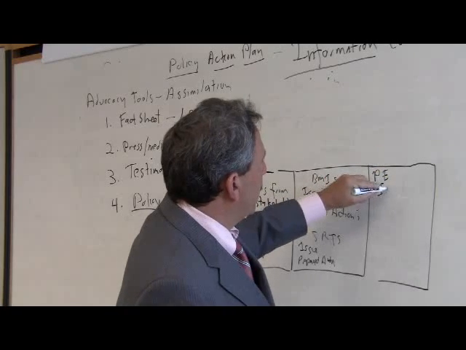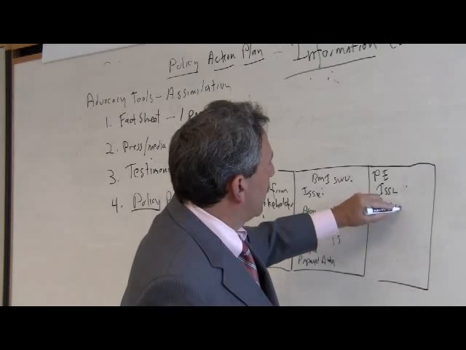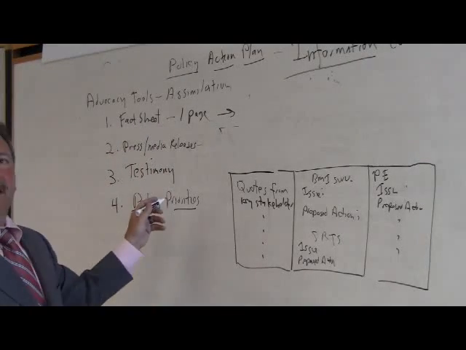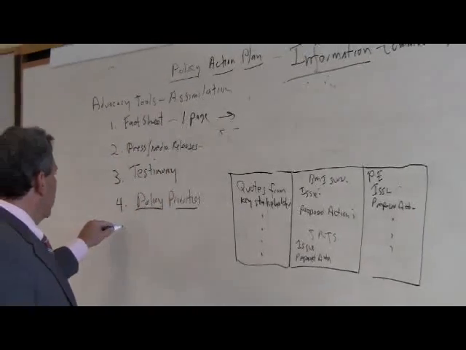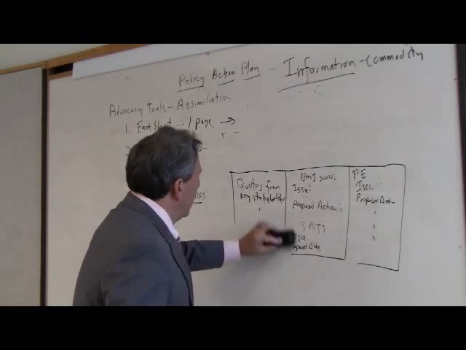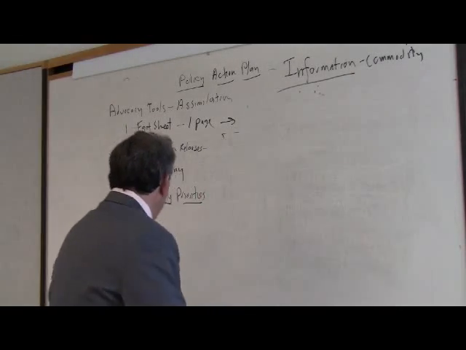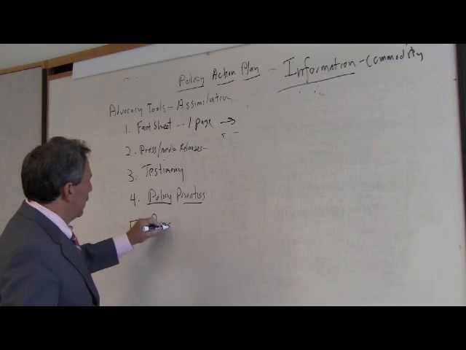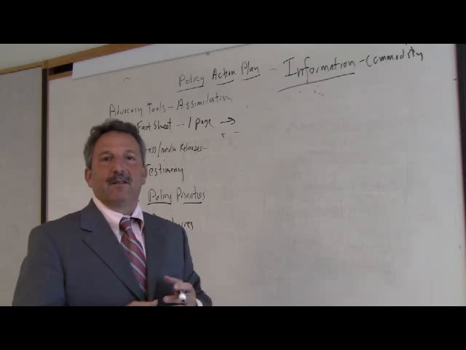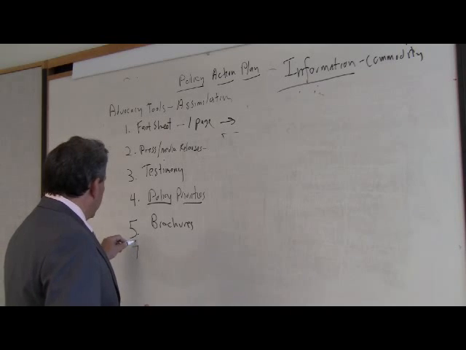PE, issue, proposed action, etc. So that's what I call a policy priorities document. There's also other things. We oftentimes see brochures, a trifold or a bifold that we can hand out to people. We have other tools such as